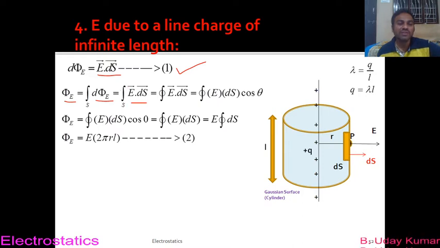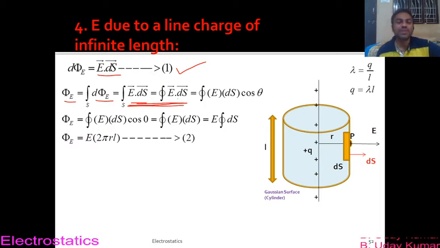The surface integral can be denoted either by integral with respect to s, or closed integral, or surface integral. This is closed integral, right? Integral with a circle, so we can denote it in any way. These two representations are the same. In your examination you can write any one of them.